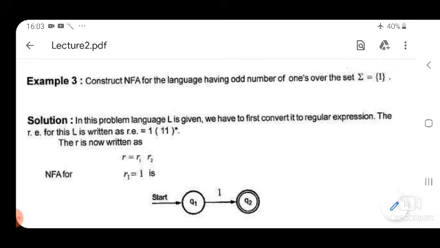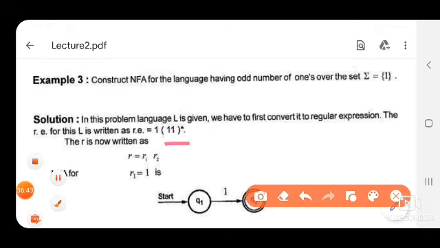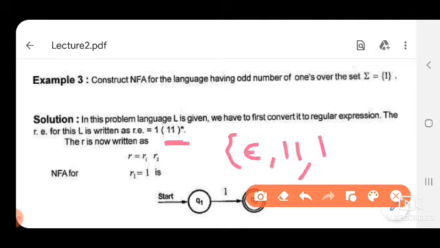To write a regular expression for an odd number of ones, see this: 1 asterisk represents null, 1, 1 1, and so on. It means from 1 1 asterisk we can have null, 2 ones, 4 ones, 6 ones and so on.